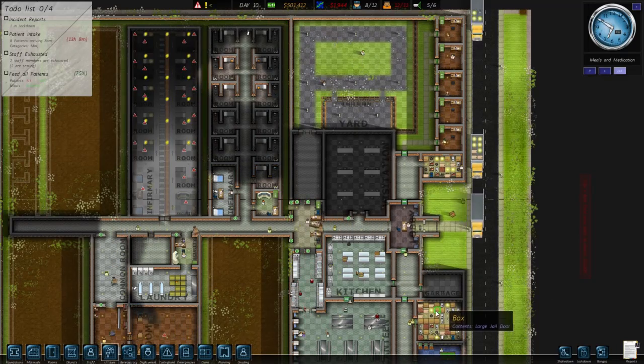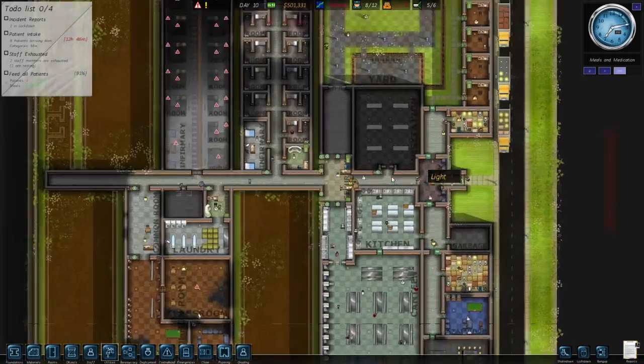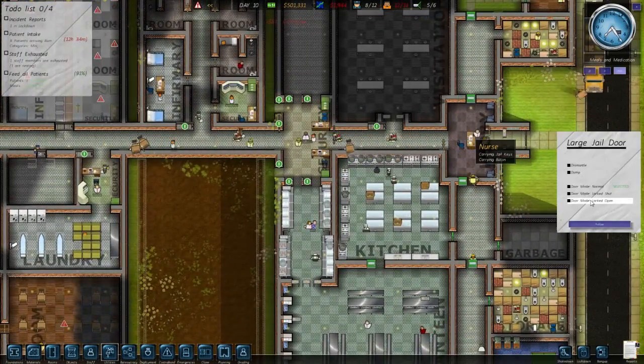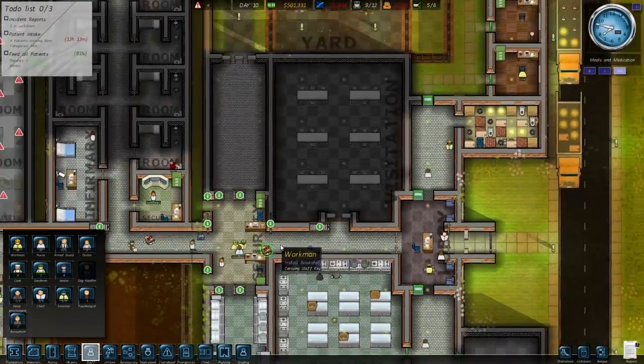Storage is full of stuff. Storage is full of large jail doors and all sorts. They'll get to that eventually. I've also got a lot of foundations coming along as well. That door should be locked open, so I'll manually open it. What we need is probably